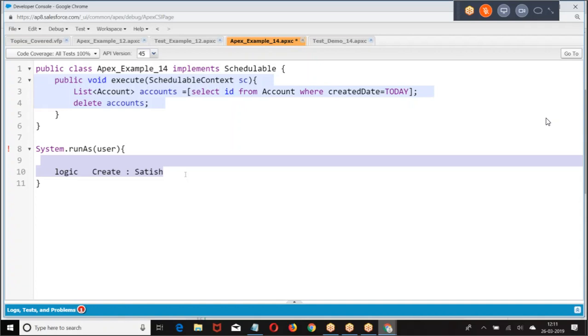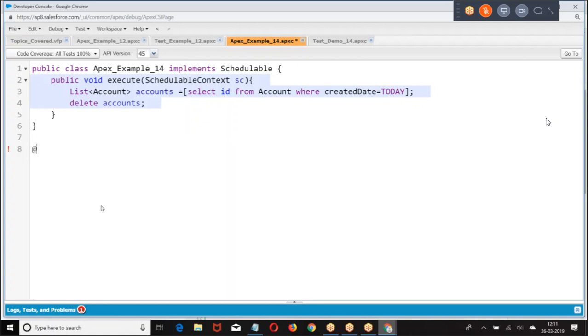Right? Test factory, test data, test setup, test classes. At the same time, a test class assumes that there is no data in the database. But consider that whatever data is there in the database, you want to test with the existing data. Then I'll say @isTest(SeeAllData=true).